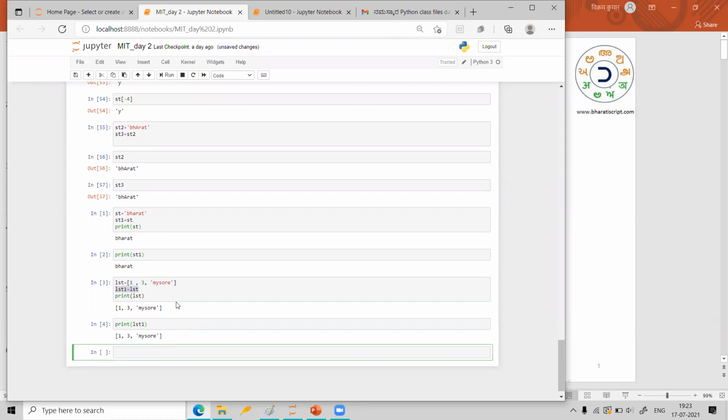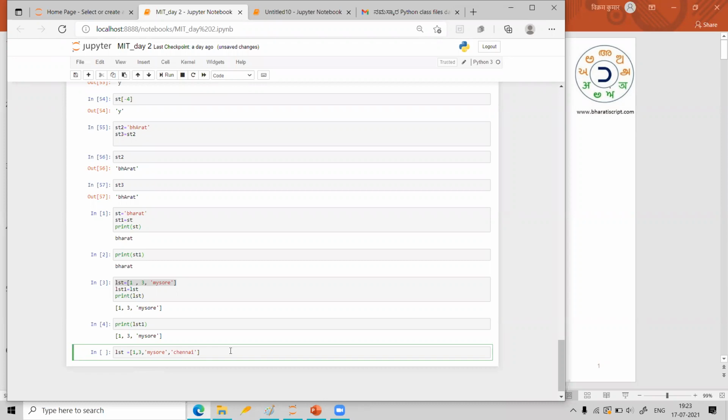Now just be careful here. I wanted to do some small modification on my original list. So I will say lst is equal to the same thing I'm writing, but with a slight change: Mysore, and then Chennai.